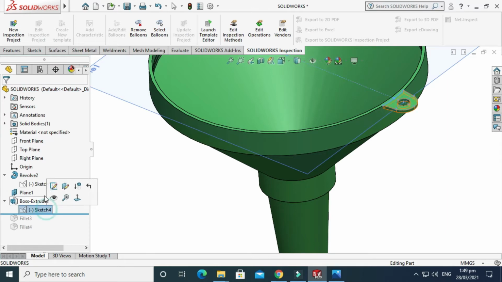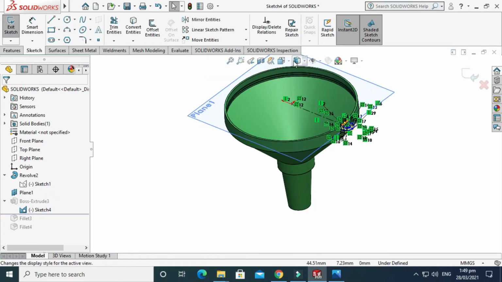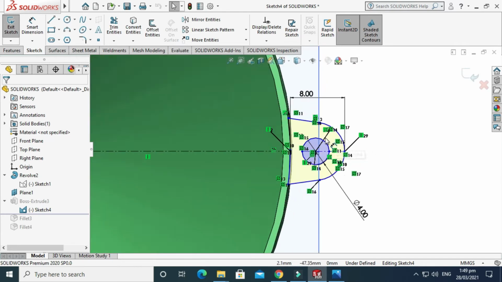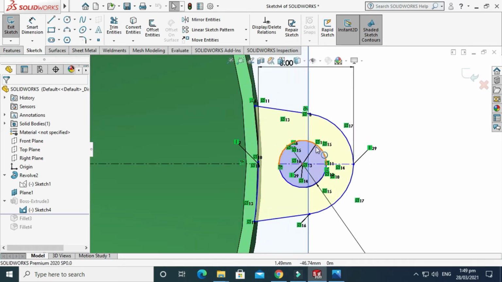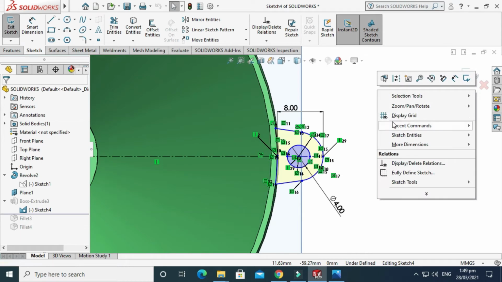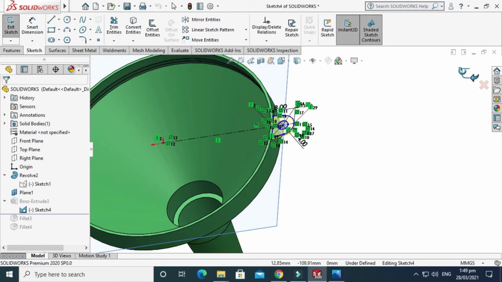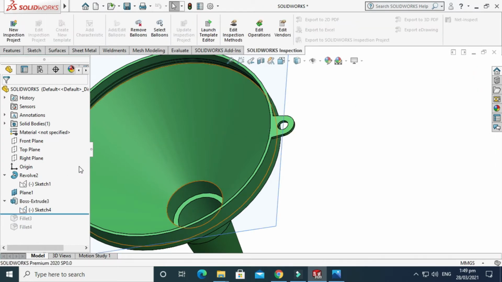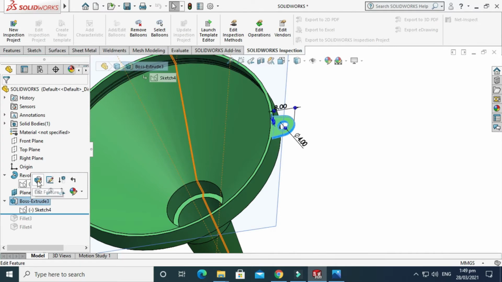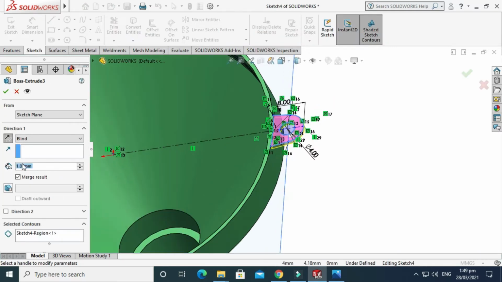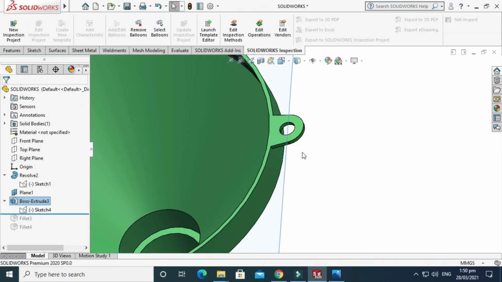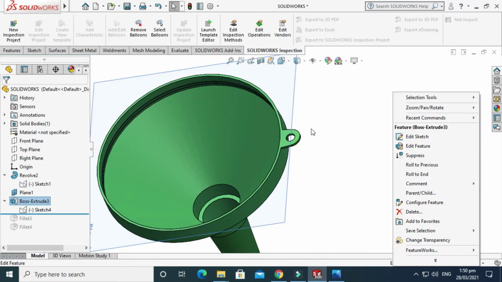So I have to expand it to show the 2D sketch, and this is the 2D sketch of this 3D command, and it is also underdefined, but it will work for us. Just rotate the view, and just exit it. And the thickness of this boss extrude is 1 mm, and also you have to check merge result, so it will count it as one solid body.